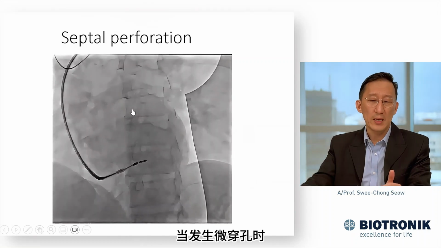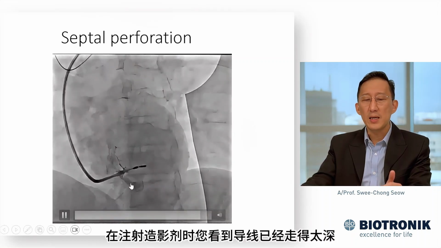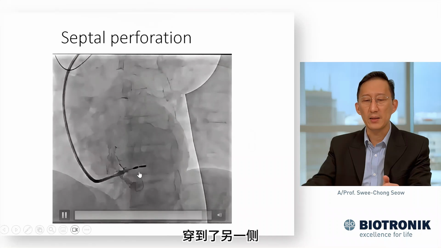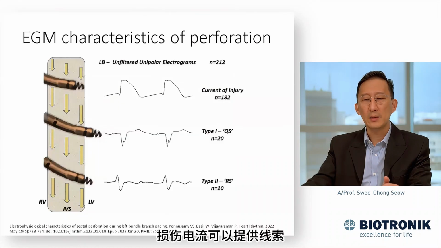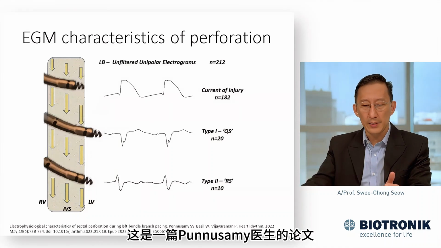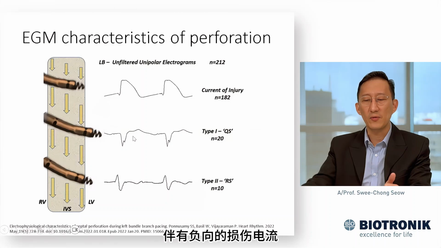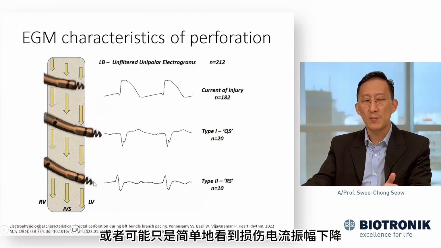So what happens when you have a septal perforation is obviously that you see on injection of contrast that your lead has gone in too far to the other side, across. And the current of injury can give you some clue. So this is a paper by Dr. Ponusamy, who showed that with perforation of the lead across the septum into the LV cavity, you can get a negative kind of QRS deflection with a negative current of injury, or you can just simply have a drop in the current of injury towards the baseline,